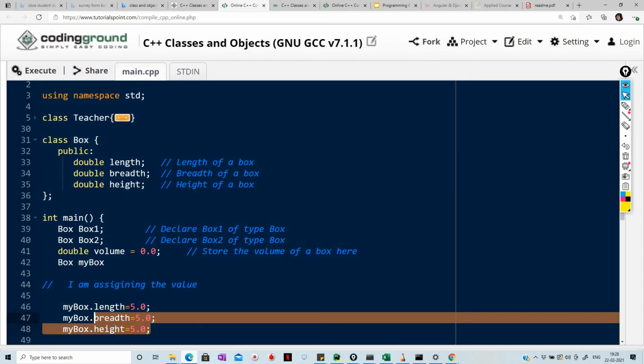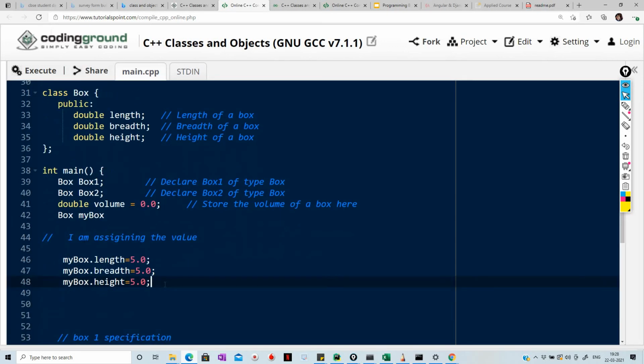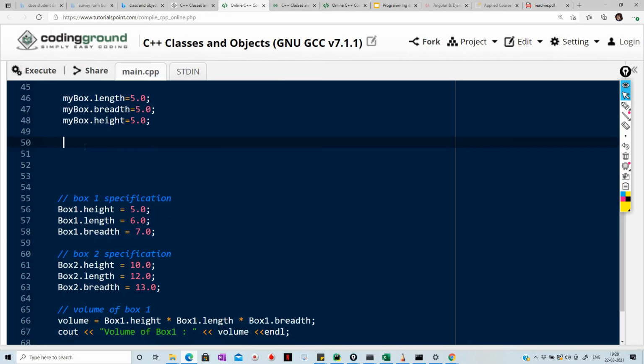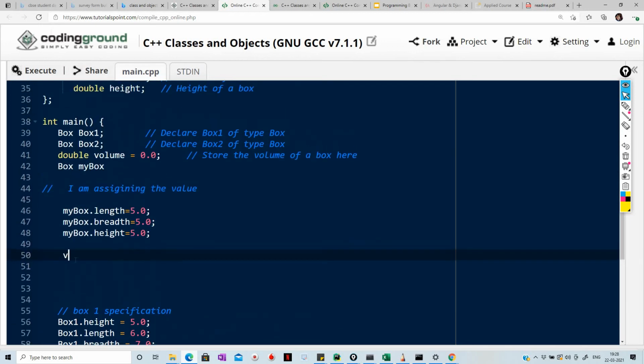So automatically for my box you can easily calculate the value. And what you have to do, you have to just print the value. Just copy this code, you can easily understand. So let me just change this line, so you can replace that line with this one. This is length, this is breadth, sorry, control Z, copy, and let me copy this line.